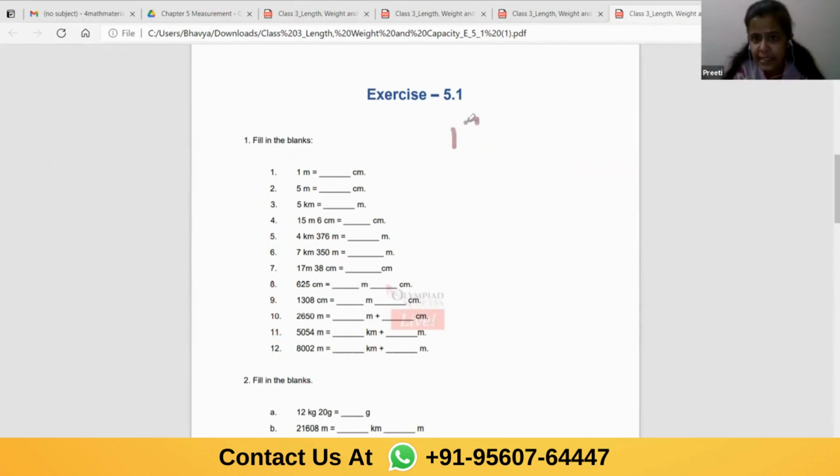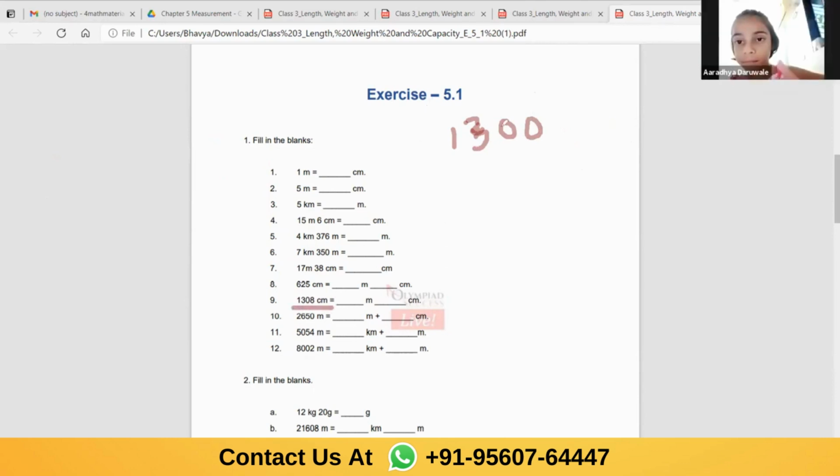1308 centimeter. Is it Mukund talking to me? No, ma'am, I am Aradhya. Aradhya. Okay, Aradhya. It is 1308 centimeter, which you have to change in meter and centimeter. Am I right? Yes, ma'am. Okay. Now, can I split 1308 up and write 1